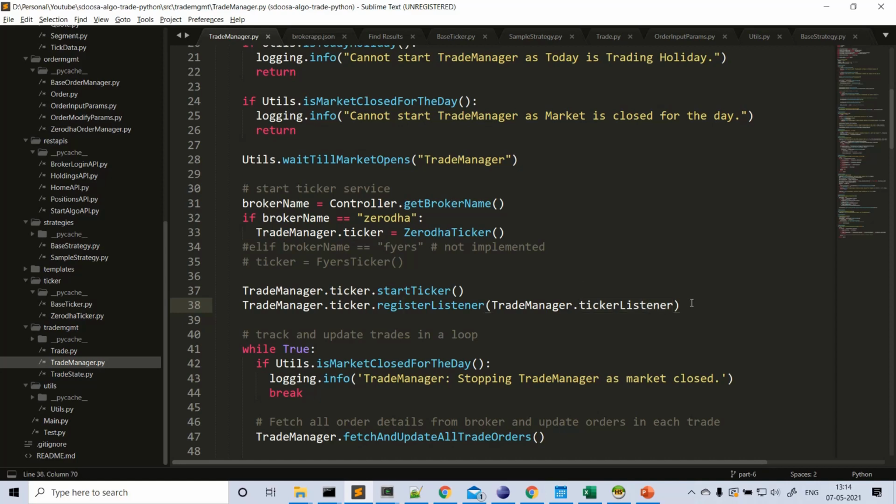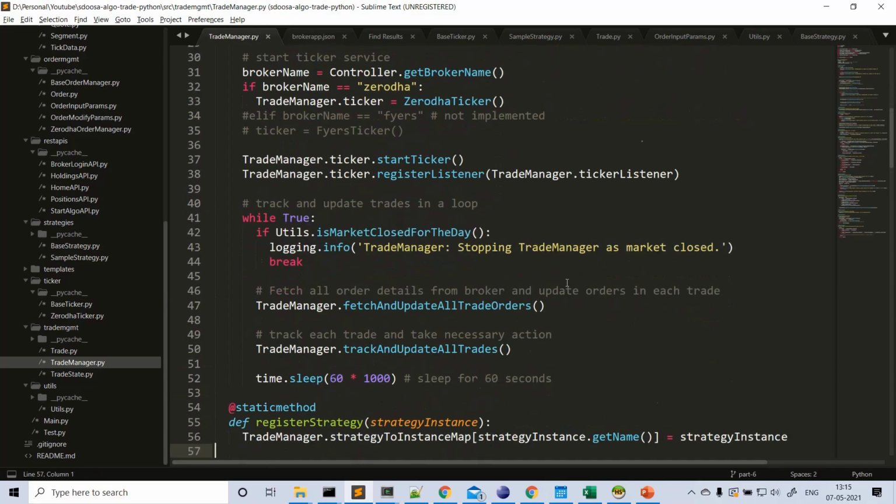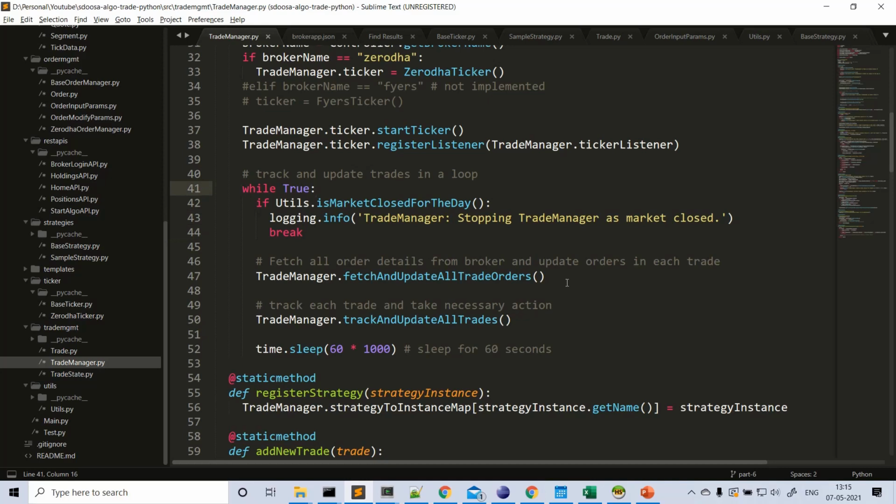So what happens after starting the ticker and subscribing the symbols to the ticker is that we keep getting the ticks from the broker. You have to take some action on each new tick, right? That action is going to be taken care of inside this ticker listener function. That is at the bottom, we'll see. Once the ticker is running, it is responsible for checking each tick